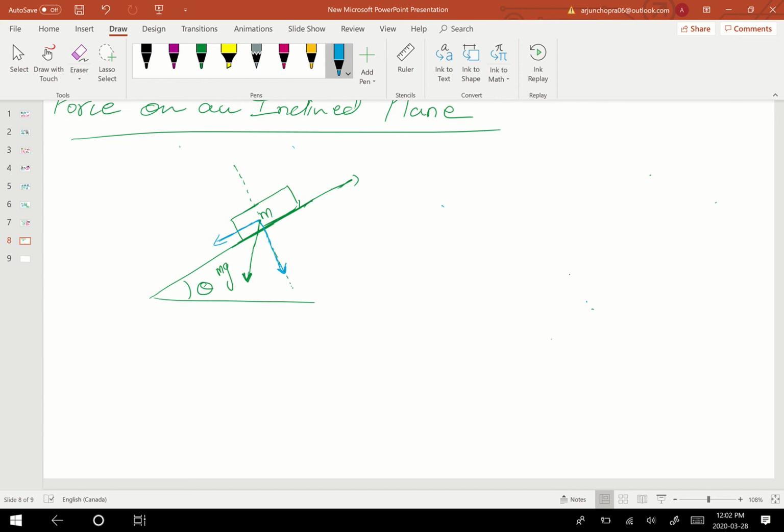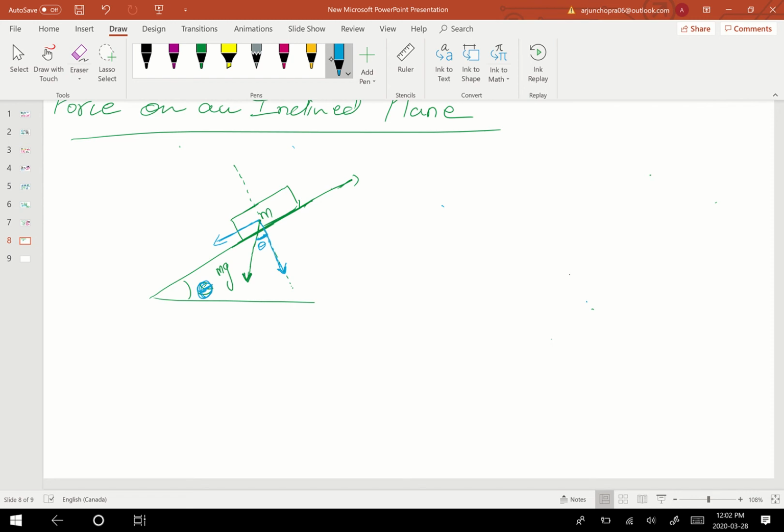Now one of the things you also need to remember is that this angle is theta, and I'll prove in some other video why this angle is theta. Just for the sake of this video, because we have limited time, I'm going to tell you a shortcut: whatever this angle is, that will be equal to this angle. So now what can I do? Because this